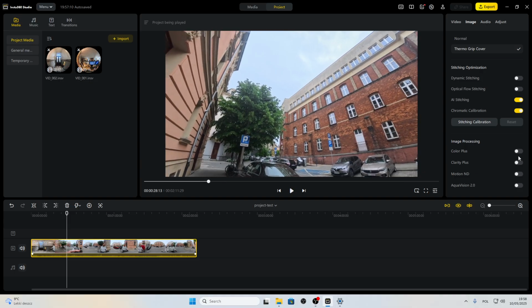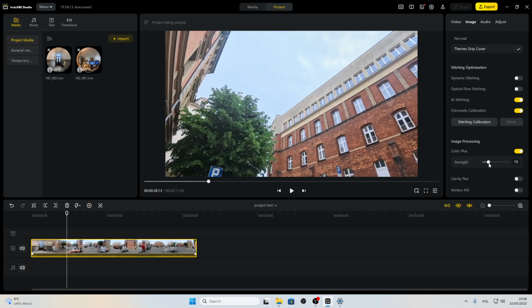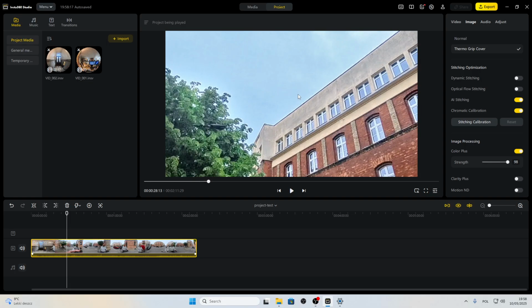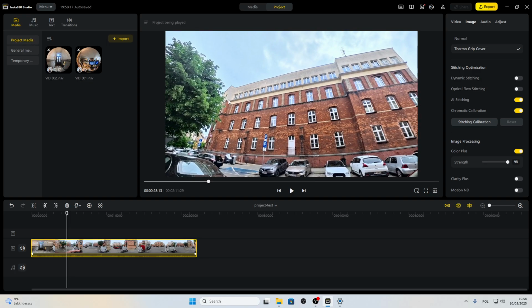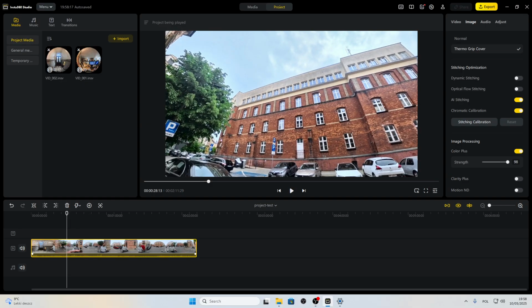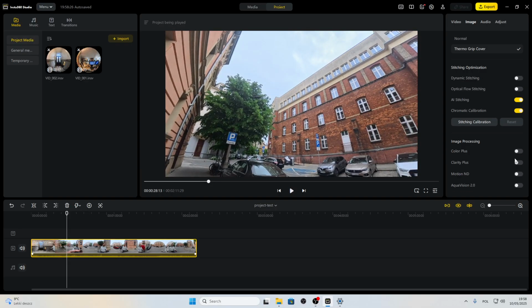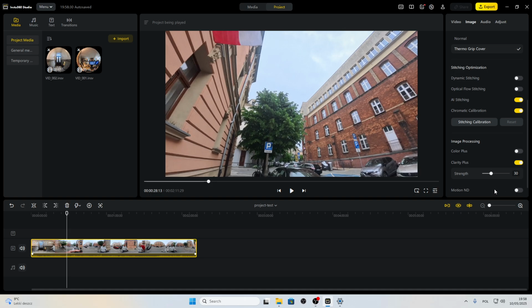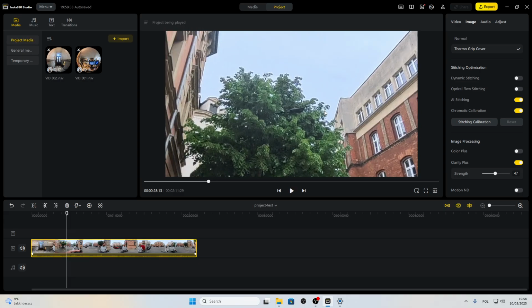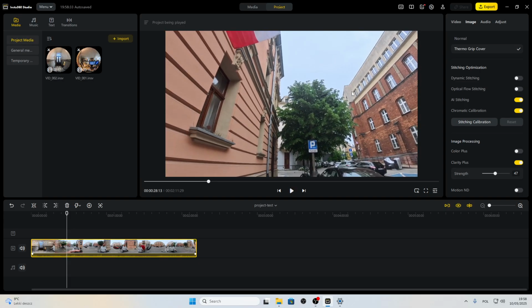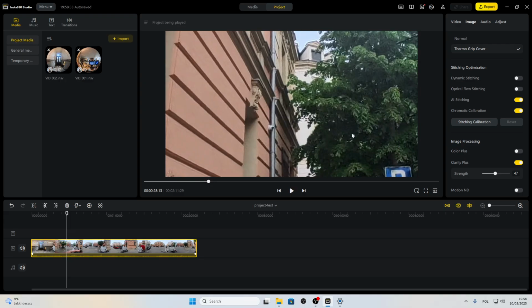And Color Plus basically enhances the quality of the colors. We can also adjust the strength of it, so the colors appear brighter to the viewer, and that's what it does. And Clarity Plus adds more contrast so that the objects appear clearer, and I guess it also removes some grain